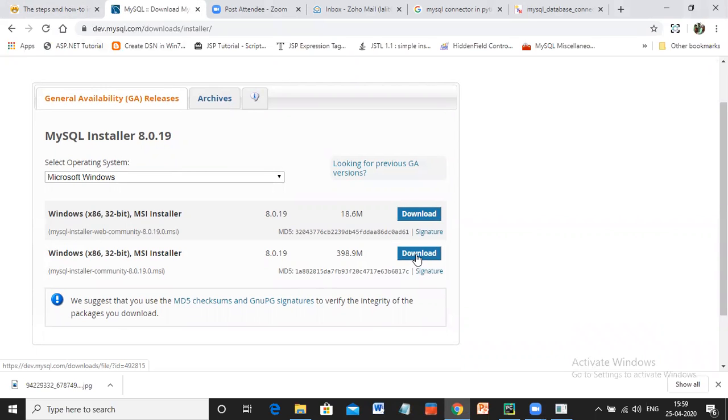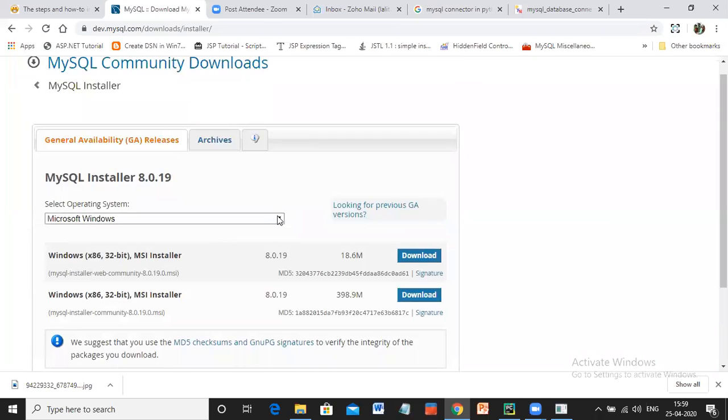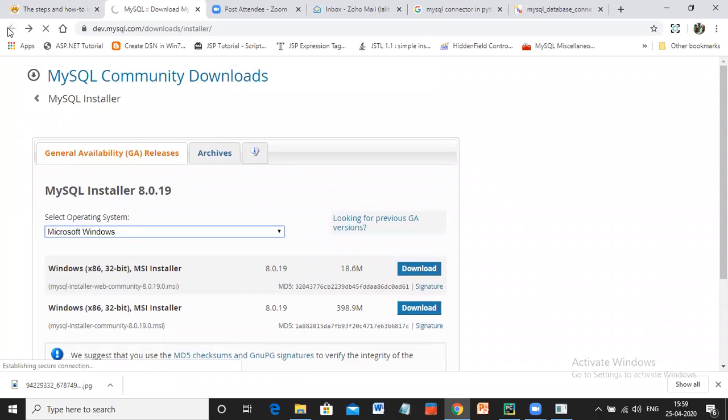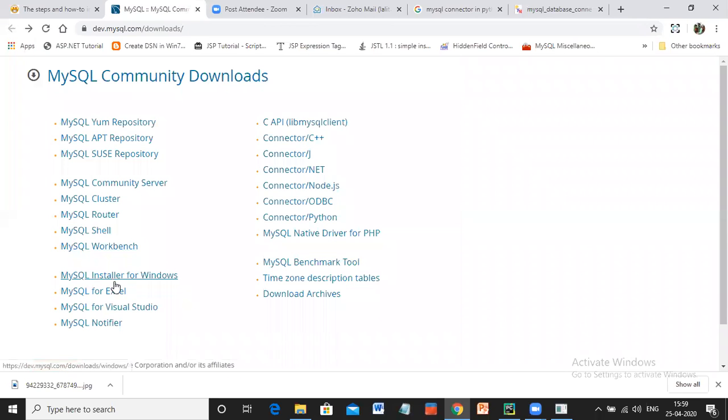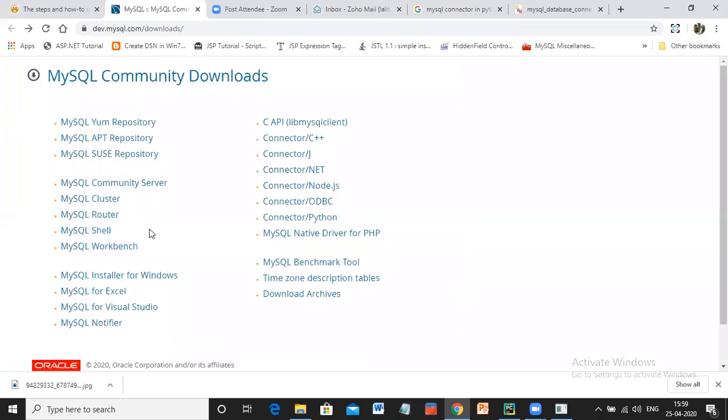This is 32-bit. Both are 32-bit. You have a 64-bit machine, right? Yes, sir.